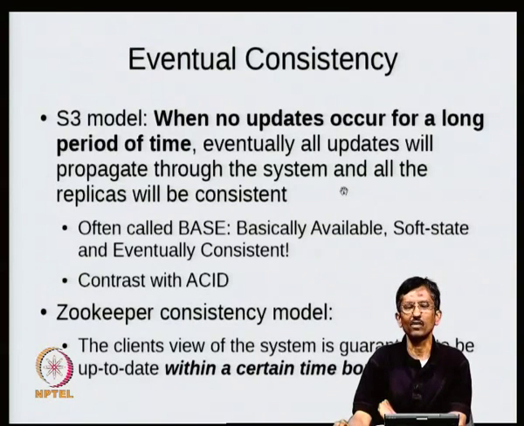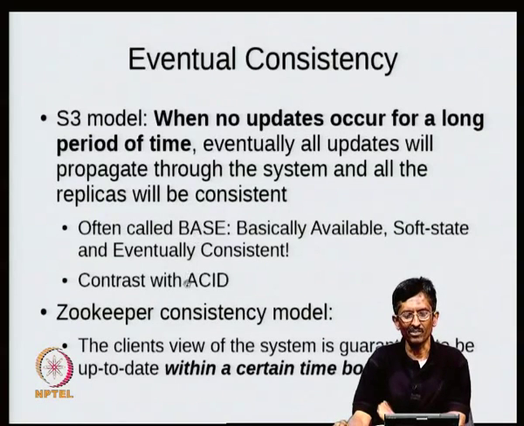If you look at the time desynchronous model that I talked about earlier, it actually attempts to be adaptive, but eventual consistency only gives you this model. No updates occur for a long period of time, then everything will be consistent. This has often been called BASE. It's a made up acronym as far as I know. It stands for basically available, soft state, and eventually consistent. It's a long name, some cooked up name.